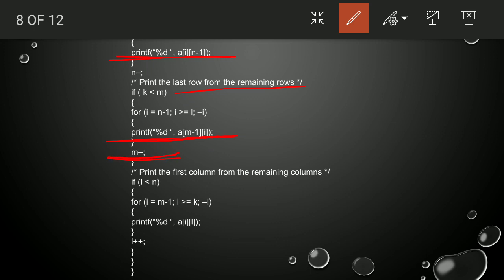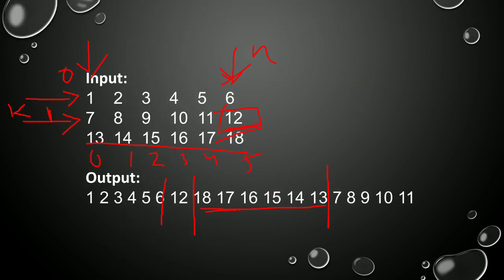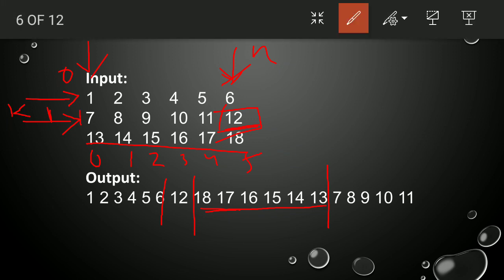Okay, and then we are printing the first column from the remaining columns. Means now we need to print this one, and then we will print this one. Now we need to print this one and then we will print all these things.